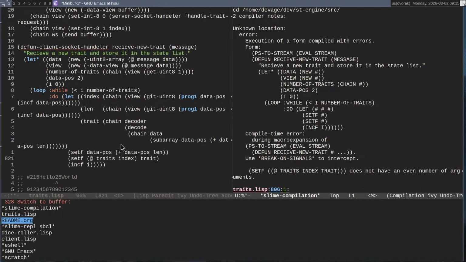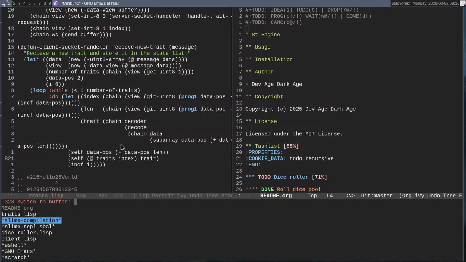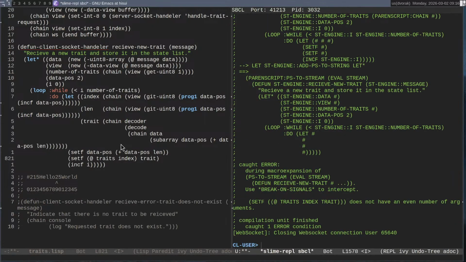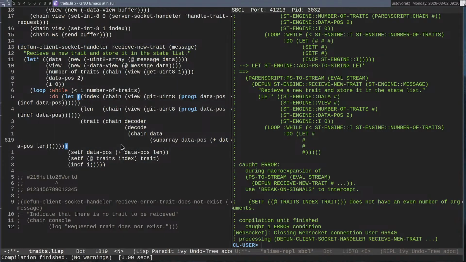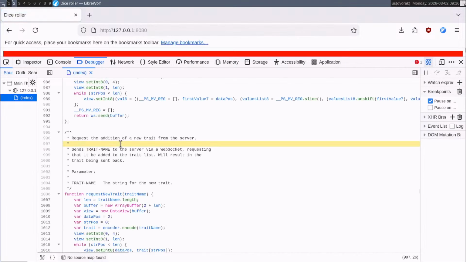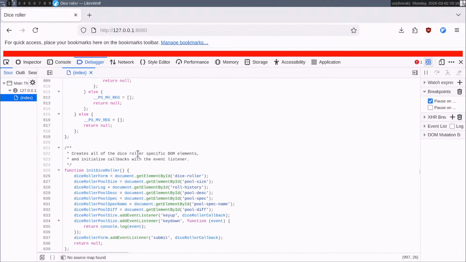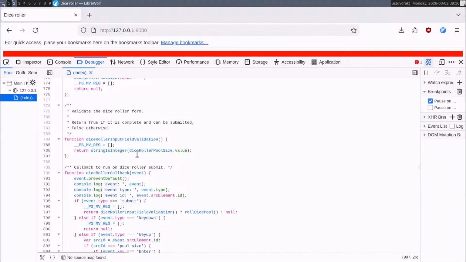We'll go back to here. It's not REPL. Can I have the REPL back, please? Thank you. Works now. So, now, this is a WebSocket handler, so it's going to be up the top. Excuse me.